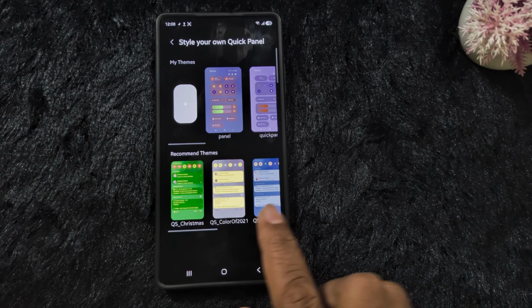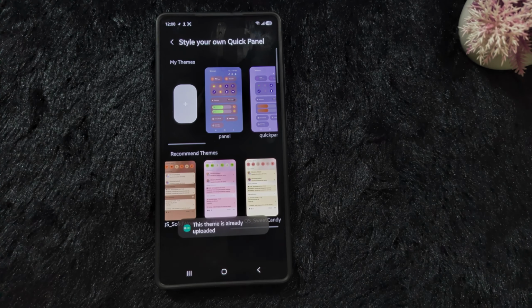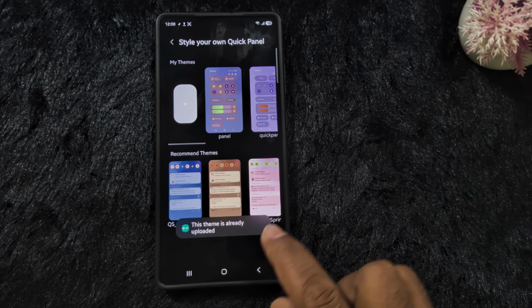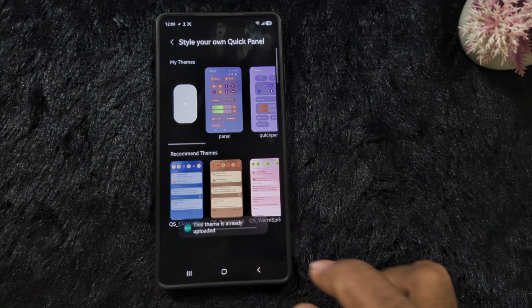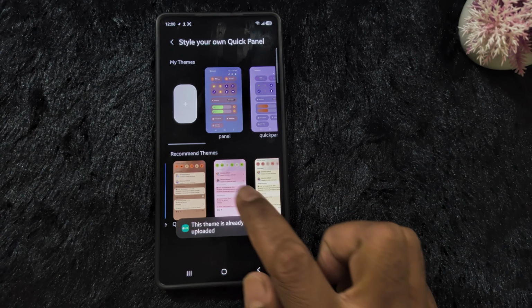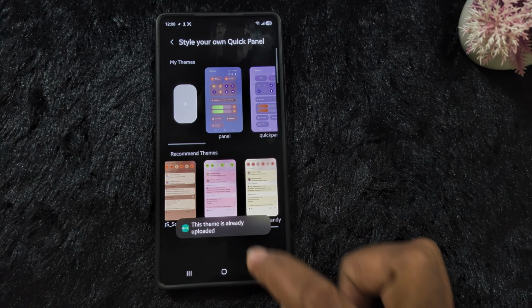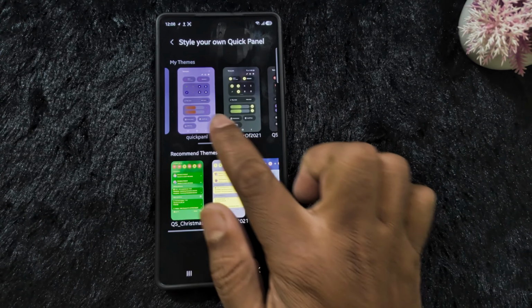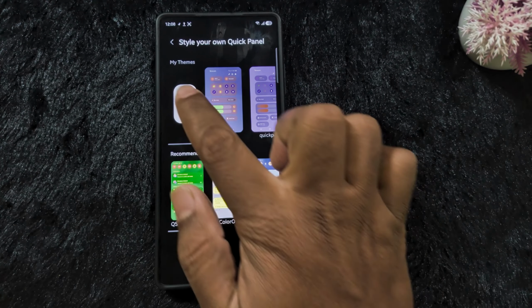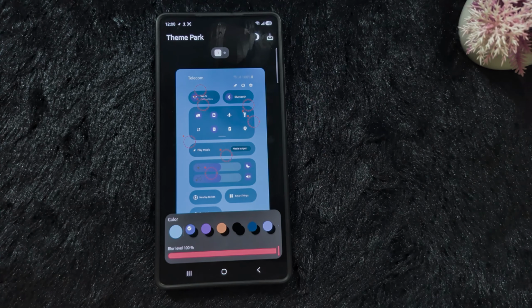First we show the default, like we select this option. So this shop theme is already uploaded, so we select this. Oh, we already applied all of this. So let's see, create a new theme. First tap on the plus icon on your device. Now here you can see the round shape icon,